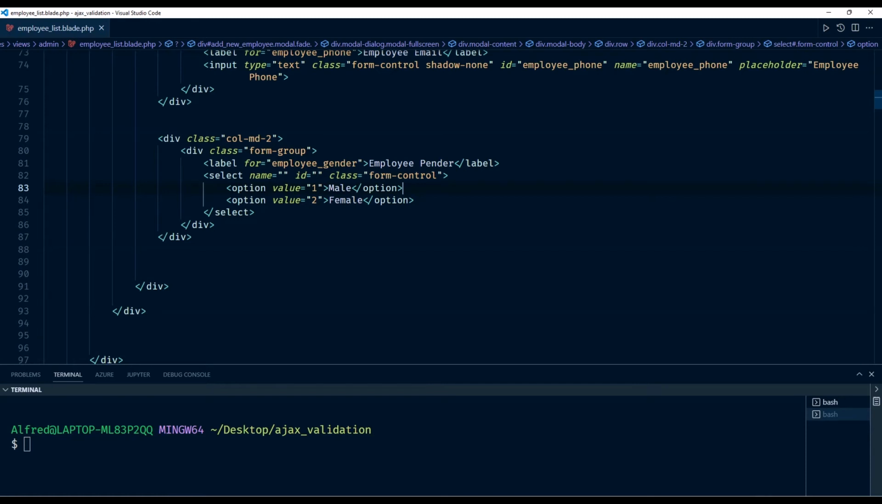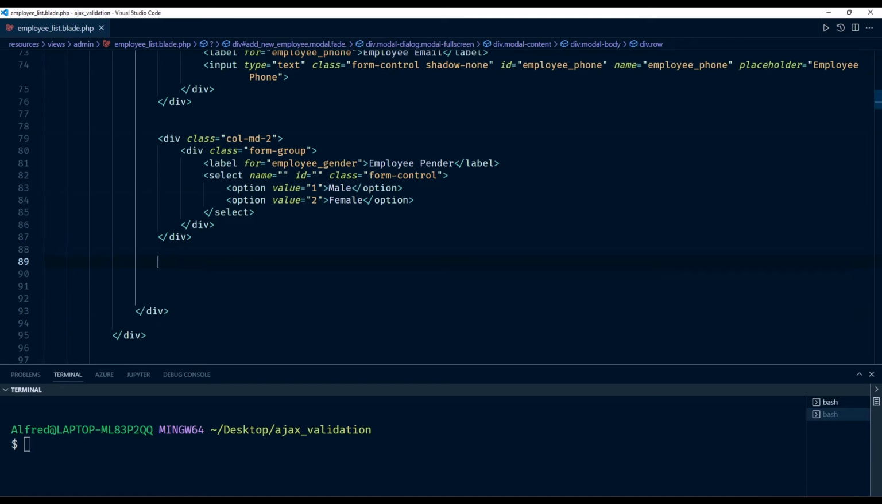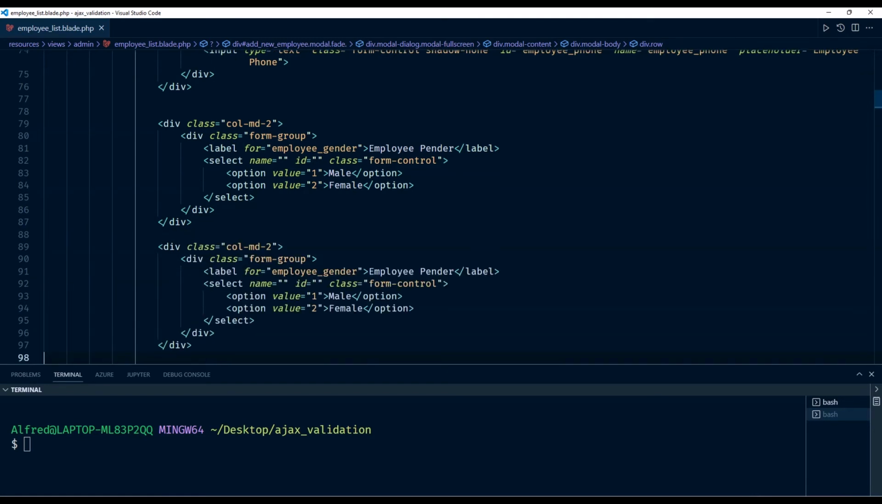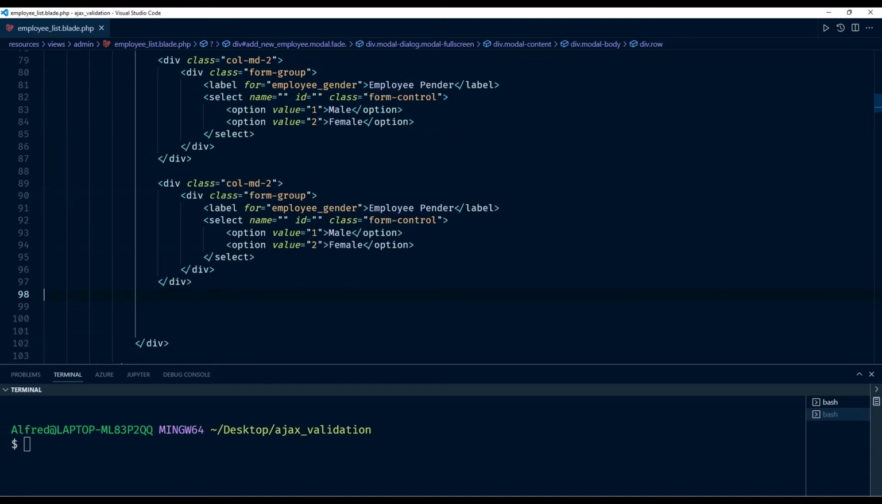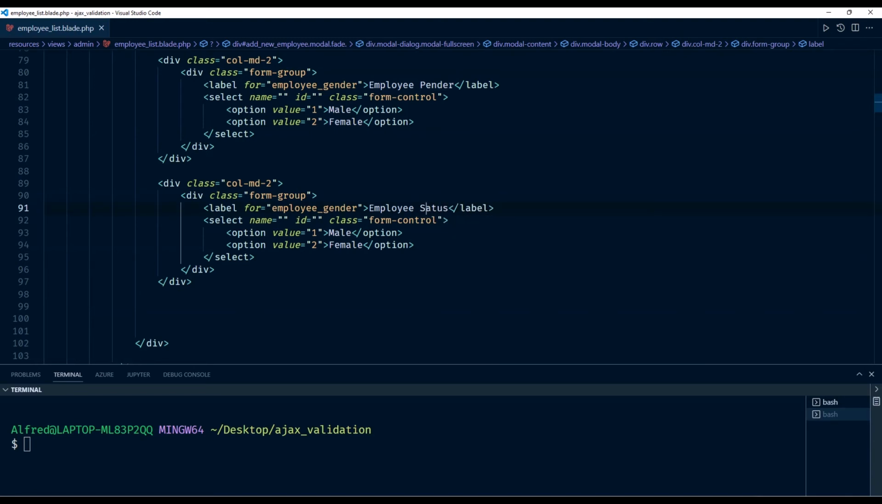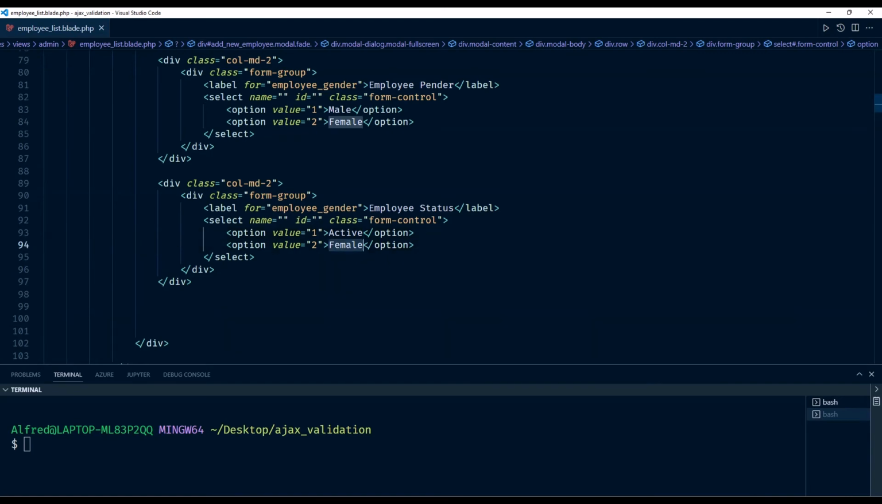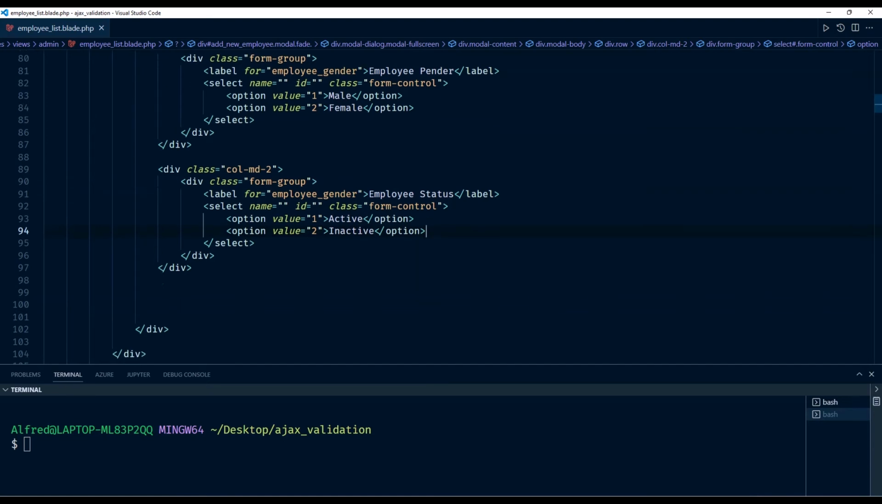Oh, we're gonna have another one still, and just going to call it status. It's gonna be employee status, and value 1, it's gonna be active, and value 2, it's gonna be inactive, like that. I'm gonna save that,